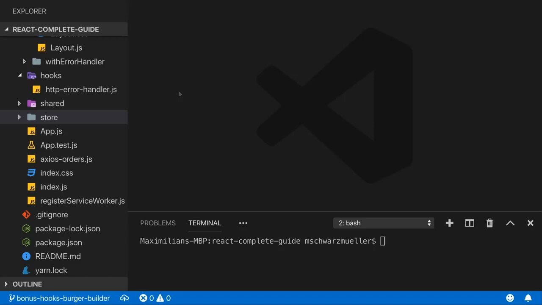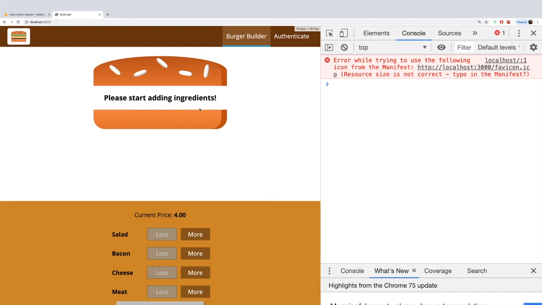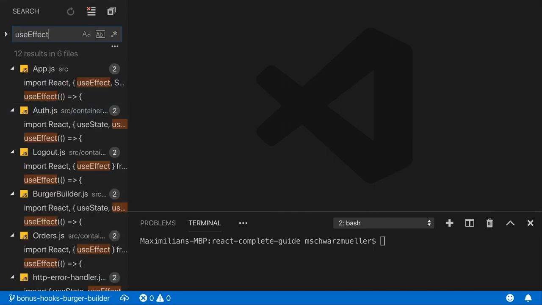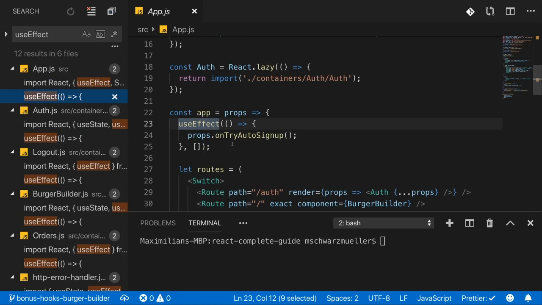So now that we converted everything to use React hooks and everything's working again here, there is one important thing I want to highlight. If we search for all the usages of useEffect in our code, like here in the app.js file, then here we're describing the dependencies of this useEffect call. And here, for example, I basically say I don't have any dependency, which means this will run when this component is mounted, and that's the only time when this will run. Now we know that this is right because we only want to try signing the user up when this component